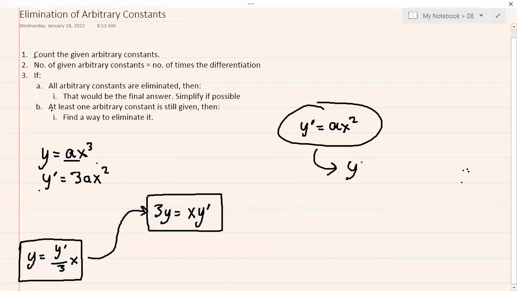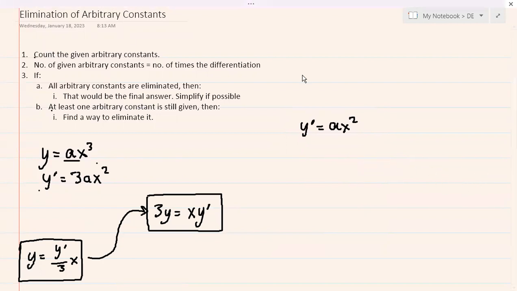Okay, what if ginamit mo si y prime is equal to ax squared? So, as you can see, ganun pa rin. Di ba? Meron tayong isang arbitrary constant. So, that means we need to find a way to eliminate it. So, I will use the same method pa rin. Gagamit pa rin tayo ng the same method. Substitution method pa rin tayo. Okay? So, in here,